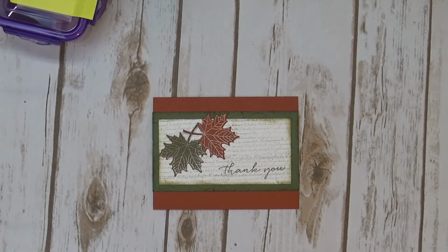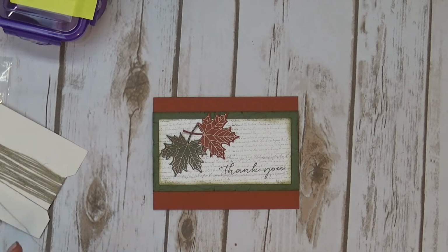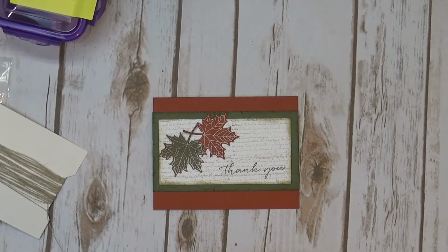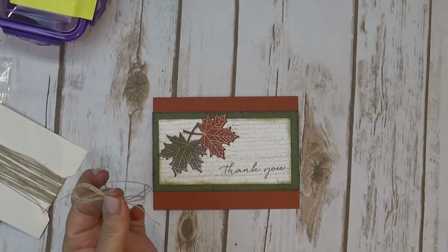And let me grab some linen thread. How I made my bow was I just took 2 of my fingers and wrapped it around. I didn't want a very big bow because it's not a very big image. The hardest part is getting my fingers back out of it and keeping it gripped in the middle. Okay, and then that little piece that's hanging off,